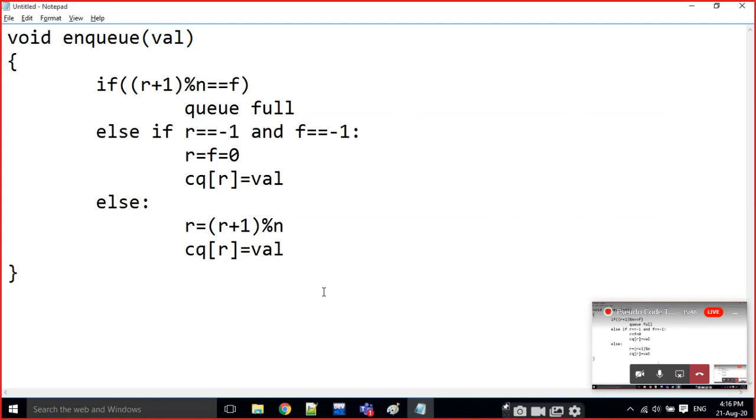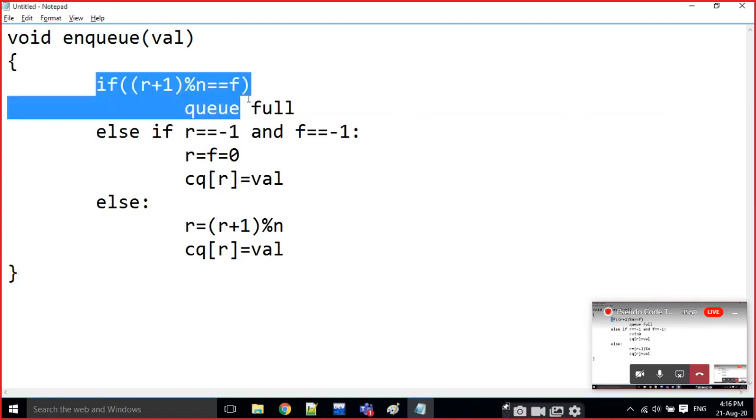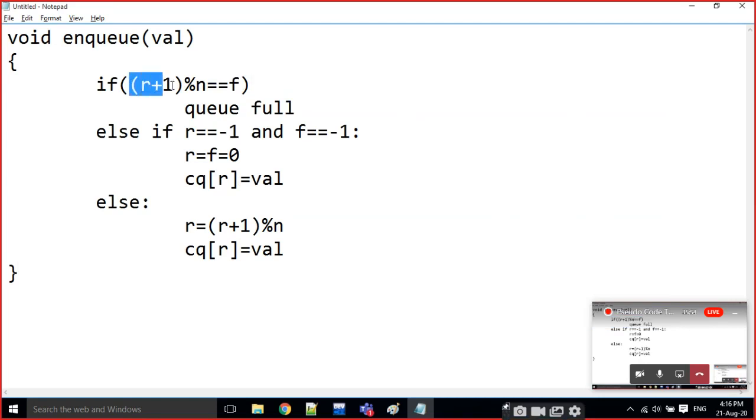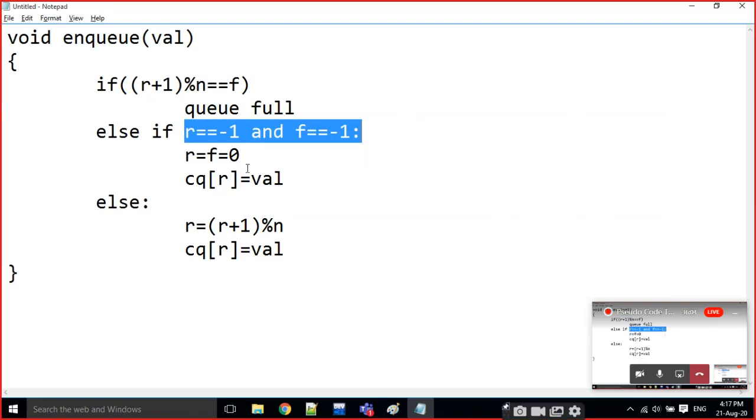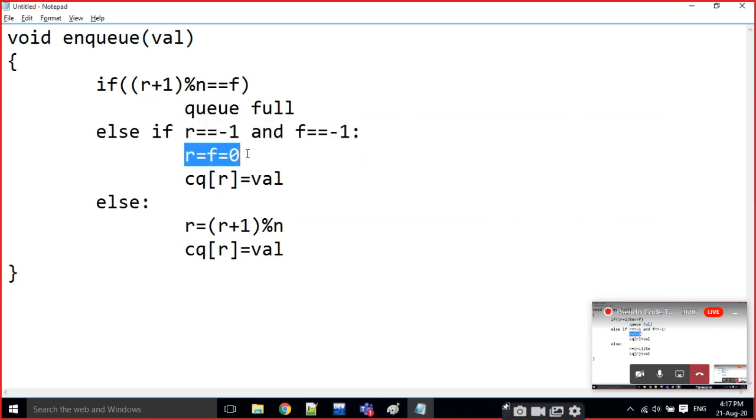First of all, we check whether the queue is full or not. Look at the condition here. Then, if both are at the initial stage, we have to reset the values f and r to 0, and then add the value here.